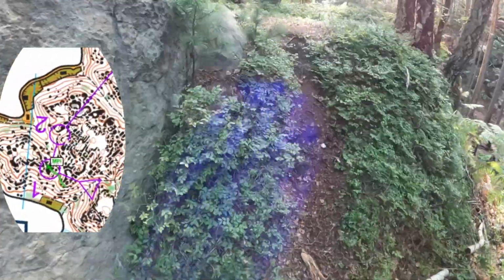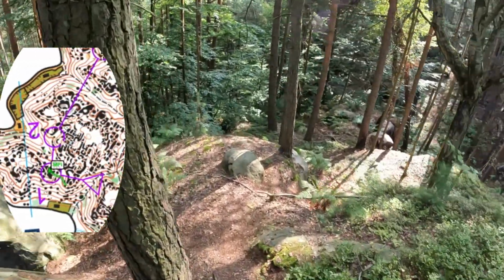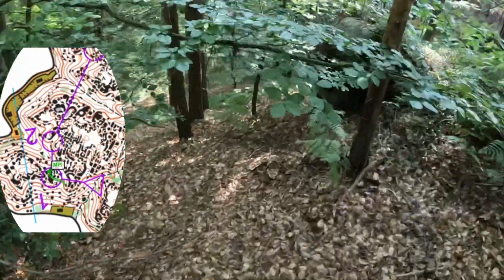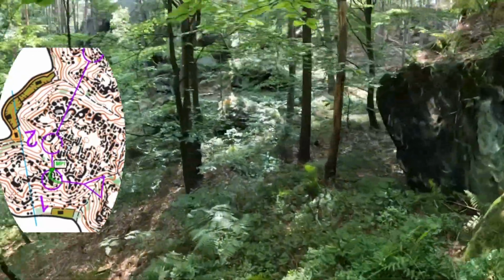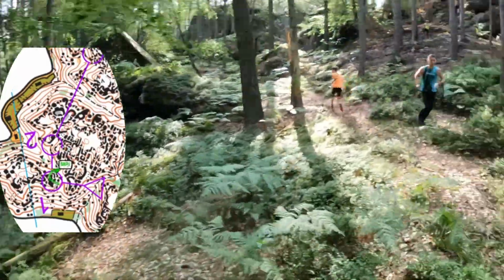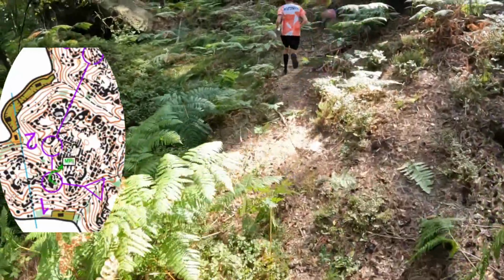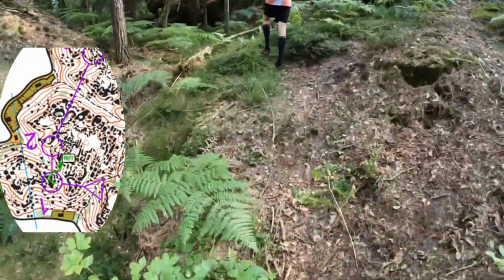So to control number 2, again, it was more about reading where is the valley and where is the ridge. Here it was sort of easy, because now we are going down, so it's easy to understand that there is the valley, and now basically I'm at the edge of the other side of the valley, and I'm just